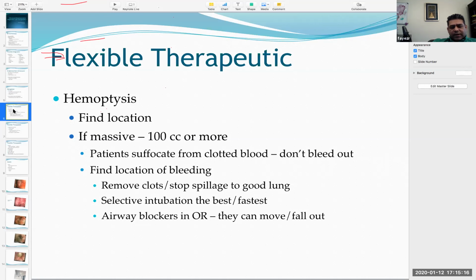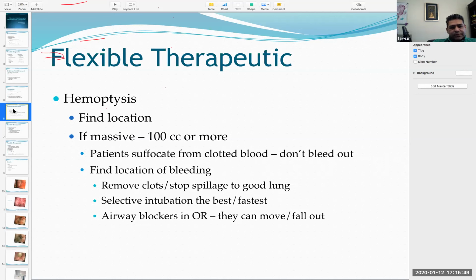Also, when somebody is bleeding, the benefit of doing a bronchoscopy is you can tell if the blood is coming from the right or the left lung, and then you can do a selective intubation. So if the patient is bleeding from the left, you do a right main intubation. So you intubate the right lung, you inflate your cuff. This way no blood spills into the good lung. If you have blood coming from the left, we can figure out how to deal with that, but at least you preserve one lung to maintain